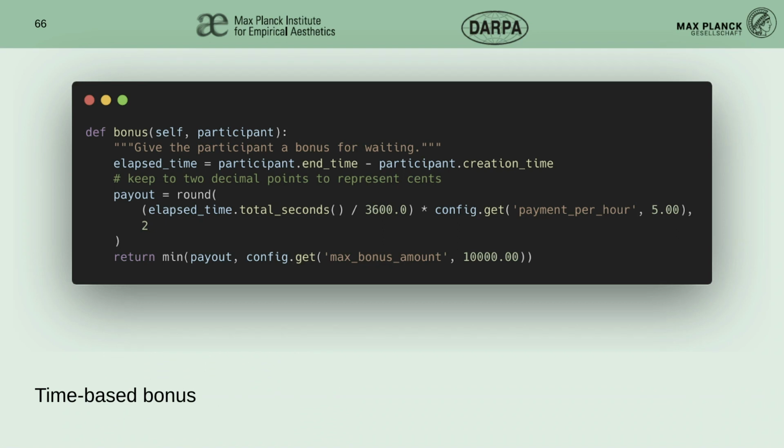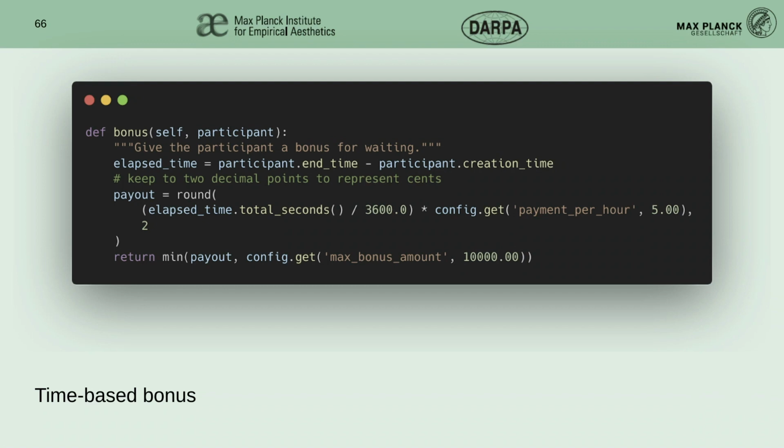Implementation of a bonus might look something like this. This is one that finds the amount of time someone spent on an experiment and then converts that to a number of hours, multiplies it by payment per hour, and rounds it to 2 decimal places. That last line here is very important because if you are calculating the bonus based on anything that the user